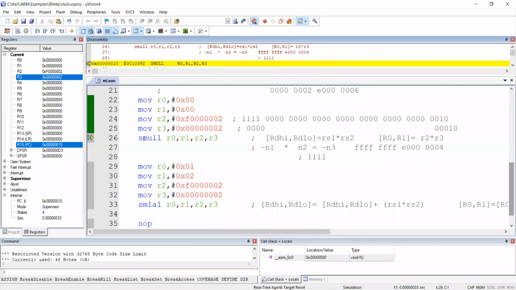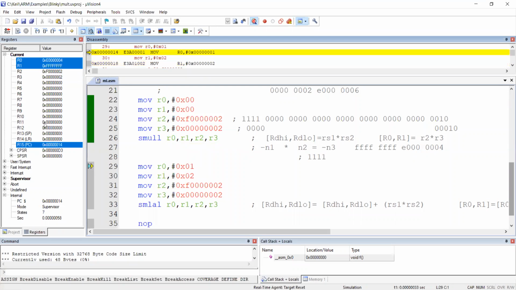So now comes the signed multiplication of long. As soon as it sees the word long, it assumes that the answer is going to be more than 32 bits, that's 64 bits. So two registers it will use. Since the two registers I am going to use are R0 and R1, I forcefully made them 0. If I don't, sometimes the values will overlap. So to avoid that confusion, I made zeros exclusively. For that only, the first two lines I have used.